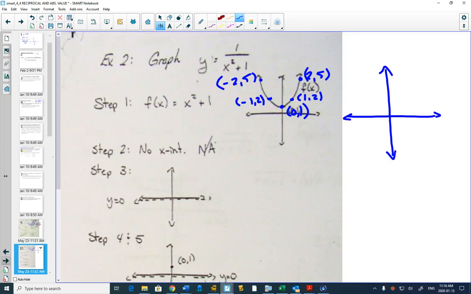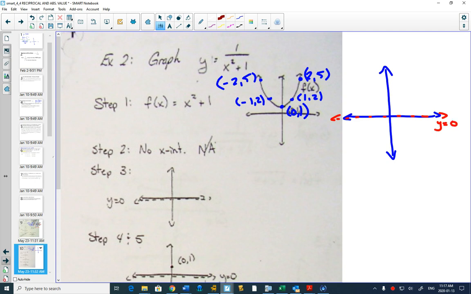Step 1, asymptotes. We have asymptotes whenever our original graph had x-intercepts for non-permissible values. Do we have any x-intercepts on our original graph? No. Since we have no x-intercepts, there's no non-permissible values, so there will be no vertical asymptotes on our graph. Horizontal asymptotes. Does our graph have very, very big y values? Yes. Okay. So we're going to have an asymptote